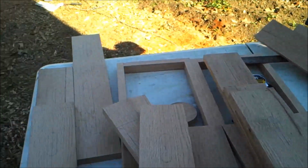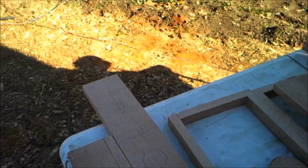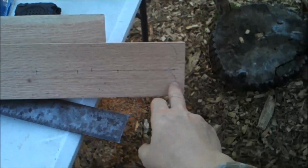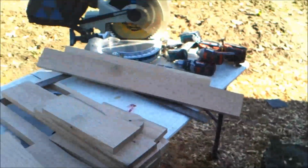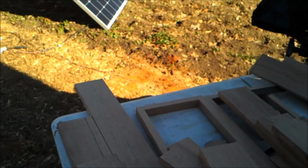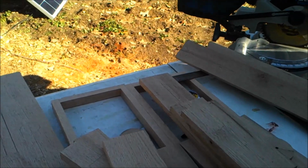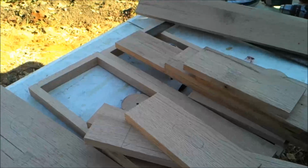So we're going to get all this done. Then we got a lot of rounding over and a lot of sanding to do, and after that, a lot of shaping. So I'll have to shape out all these rounds on the belt sander and whatnot. We're going to get all the pieces trimmed out and shaped up to the place that they need to be. Then there will be a tremendous amount of sanding. But let's see what we can do. I'll show you these, hopefully cut out. I don't know how far we'll get today because of the...